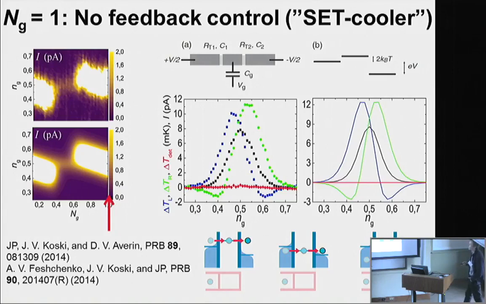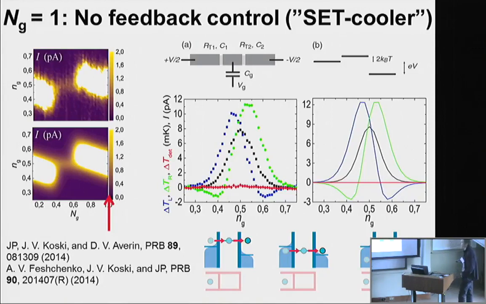So what we see is, this is a little bit complicated picture to look at, but we see diagrams which depend on the different gate positions of the system. So don't pay too much attention to this. This is just how it looks. And then this is what we predict, and here is the experiment. So now this is the current through the device. Now we measure the temperatures of the three positions, and what we see is that as a function of